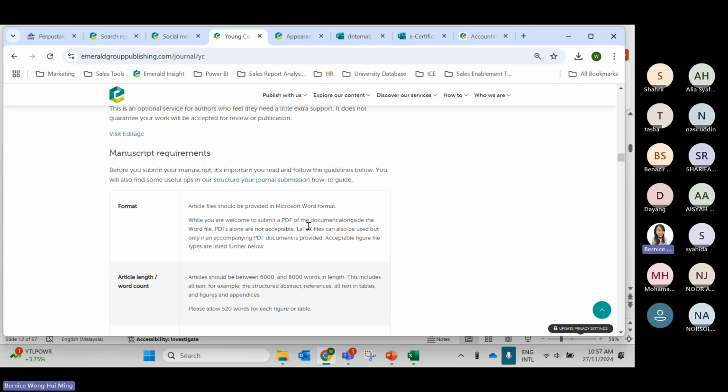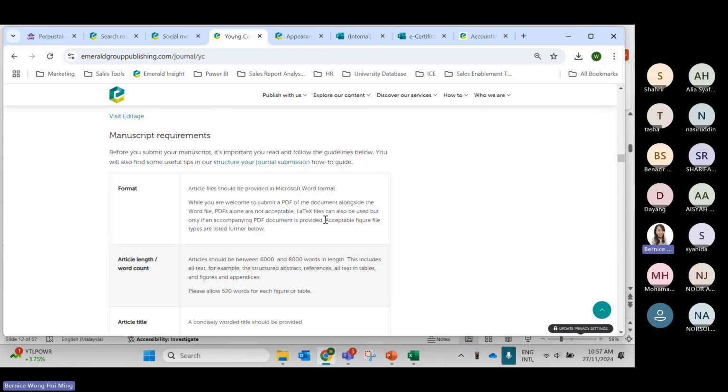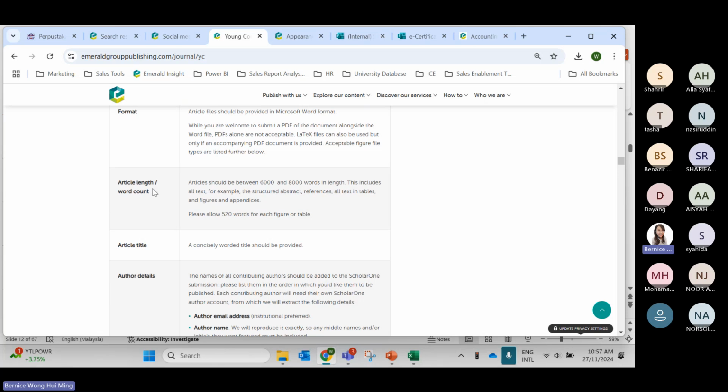After that, you will see the article length and word count, how many words are required. They tell you to please allow 520 words for each figure or table. This includes all text: structured abstract, references, all text in tables and figures, and appendices.